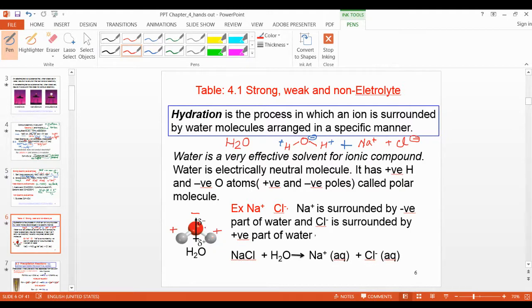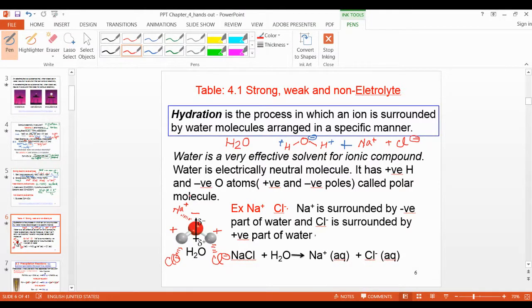So look at here, the chlorine negative from NaCl will interact with H plus. Sodium is positive, Na plus, it will interact with oxygen. Is it clear now? Yes, clear, doctor. So this NaCl,